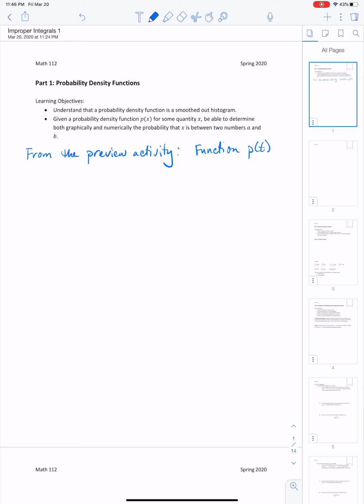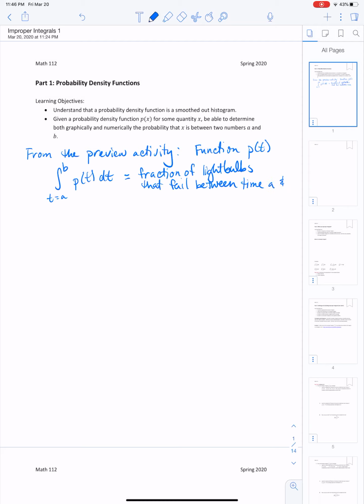And in particular, the function p of t had the property that the definite integral of p of t from t equals any a to any other number b was equal to the fraction of light bulbs that fail between